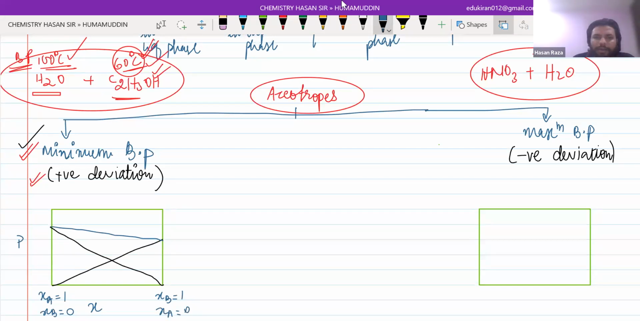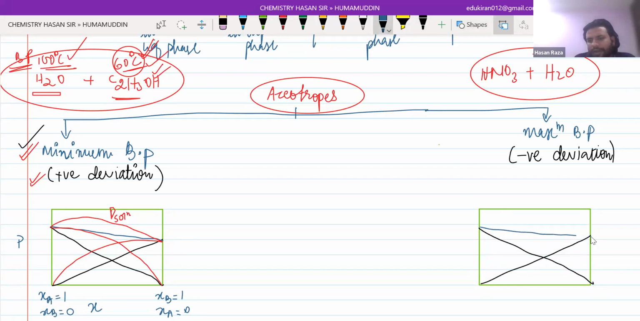Now what will happen? You can see the graph for positive deviation will be like this. Okay, this is the pressure of the solution. Your P total you can write if you want. In the same way, I'm going to draw this as well. This is the graph for positive deviation. But if you want to draw for negative deviation,